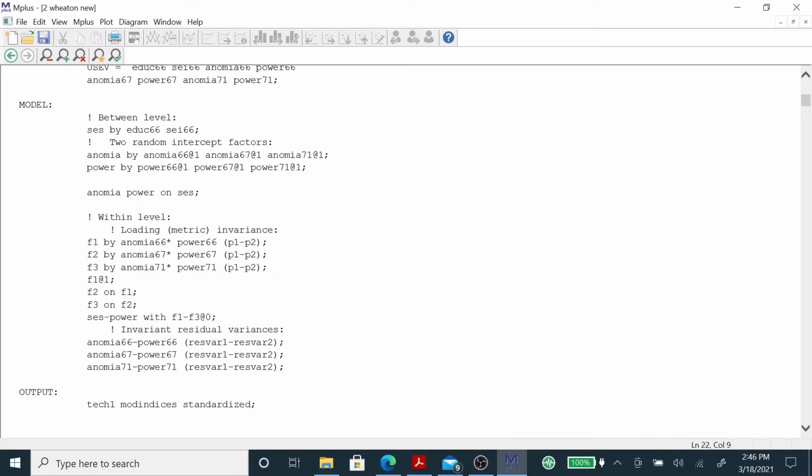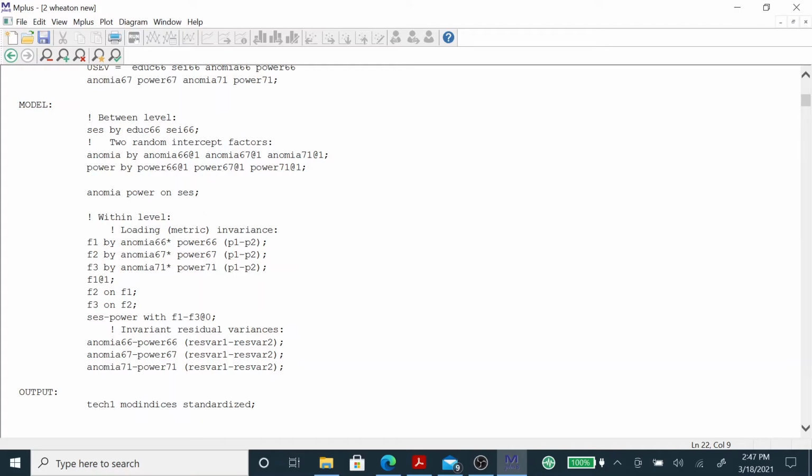Anomia is measured by these 3 anomia items at the different time points with fixed loadings of 1. These are the unit coefficients that I talked about earlier for random effects influencing the observed outcome. And same thing for power. That's the random intercept for the powerlessness indicator. And then I regress those 2 random intercepts on SES